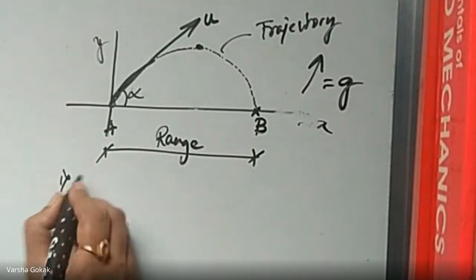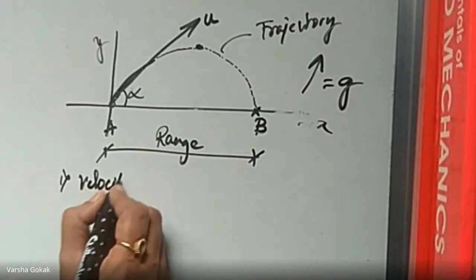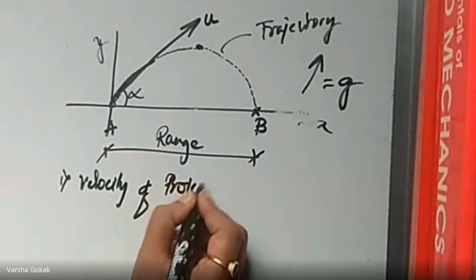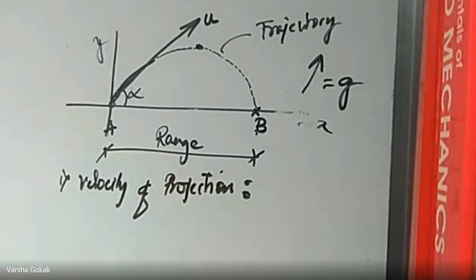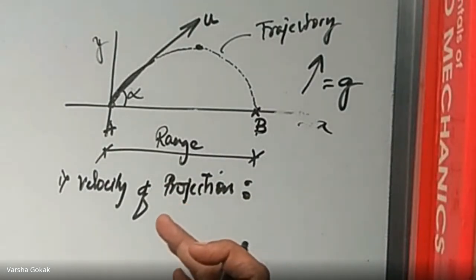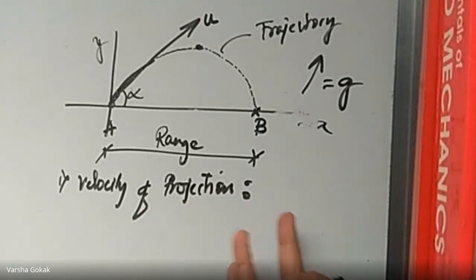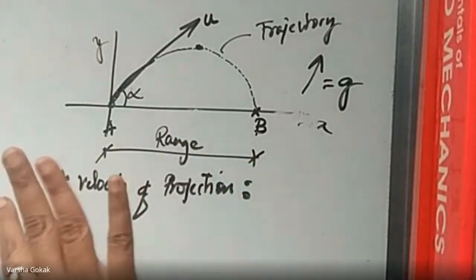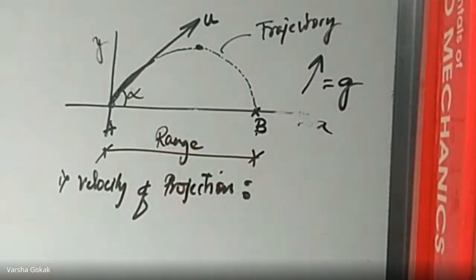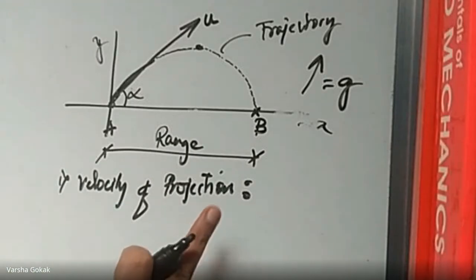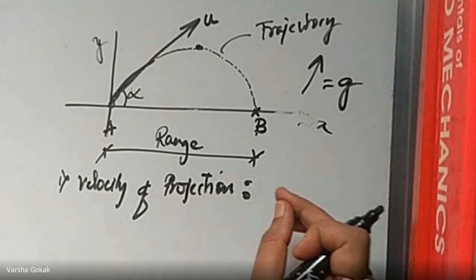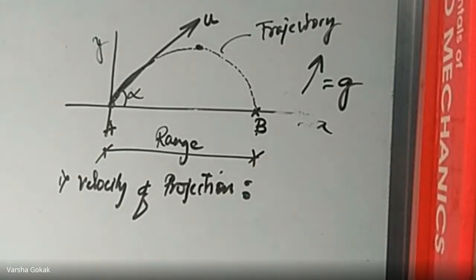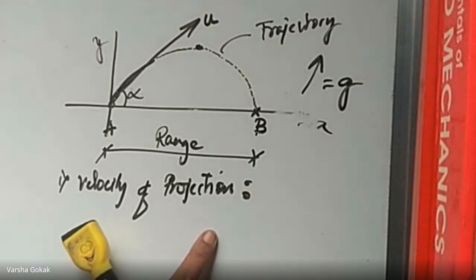So the first terminology is velocity of projection. These definitions are important. You will have a theory question coming here like name the various parameters or define velocity of projection, trajectory, angle of projection, etc. They'll give you 4 and ask you to define them for 4 marks, or for a total of 6 marks. So first one, let us study what is velocity of projection. Can anyone guess what is velocity of projection? It is English, not mechanics, not engineering. What is velocity of projection?